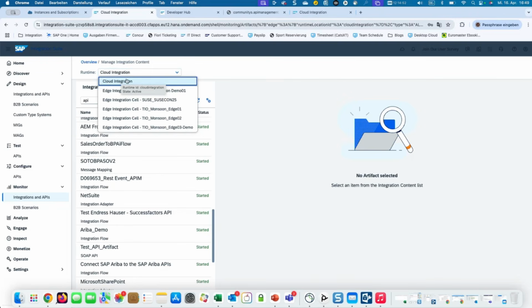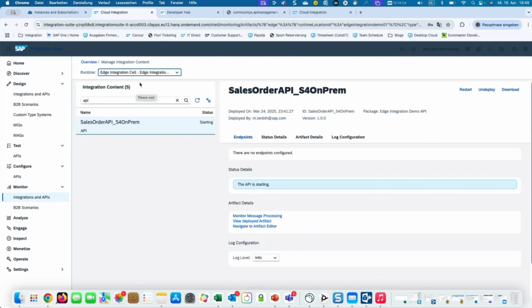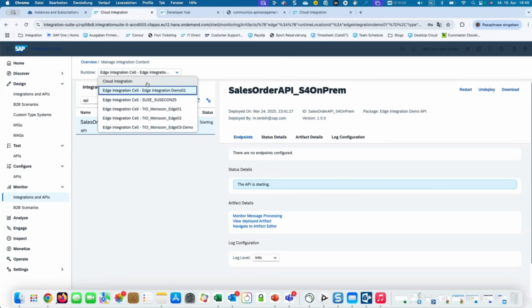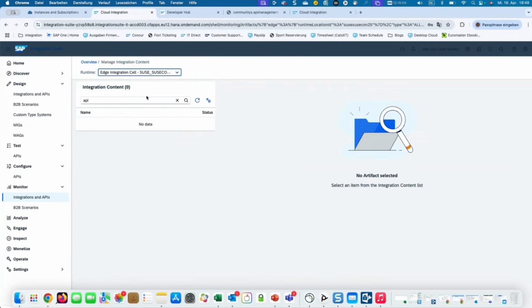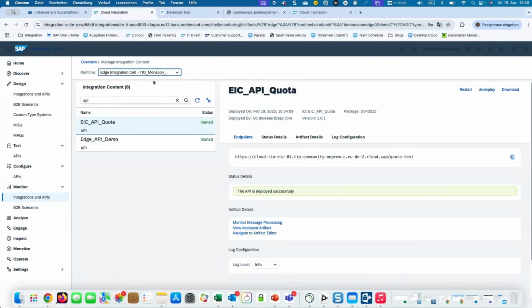So this is cloud integration runtime. And in case we are trying to catch the APIs on a specific Edge Integration Cell, we have to see on which integration cell the API is running. So you see here there are 2 APIs